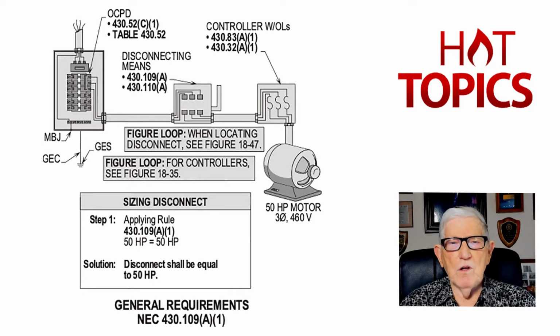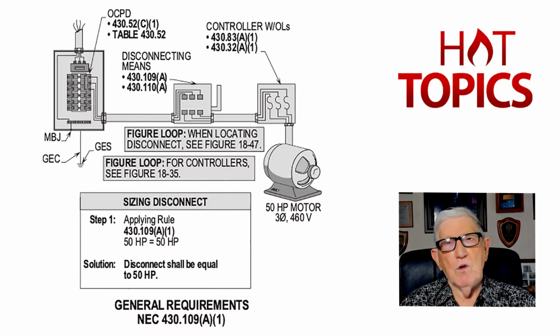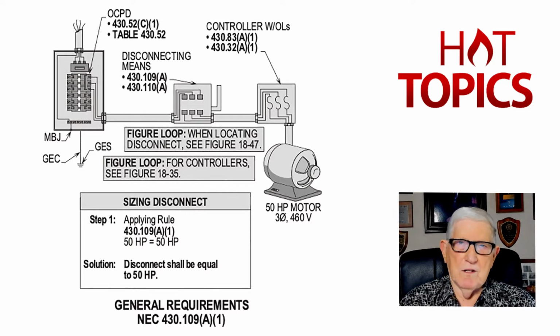And in step 1 we're making an application of 430.109A1, and a 50 horsepower motor requires a 50 horsepower disconnect, probably about a NEMA 3, and it has a range of ability to disconnect the motor controller based upon running current and locked rotor current. So the solution is the disconnect should be equal to 50 horsepower or greater in compliance with NEC